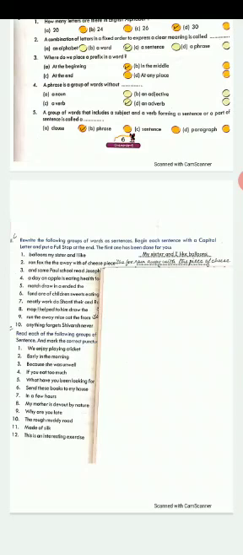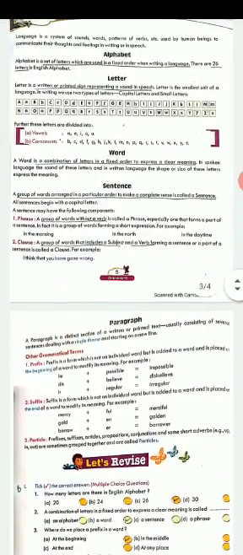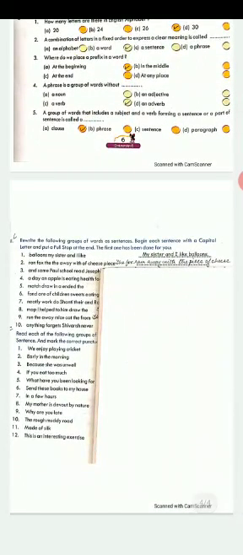Now if we come to the second one, early in the morning, this is incomplete and moreover, it has no verb. So if you remember, I told you that when there is no verb, that part becomes a phrase. Like I have already told you in the meaning of phrase, a group of words without a verb. So the second one will be a phrase. We cannot find a verb over here.